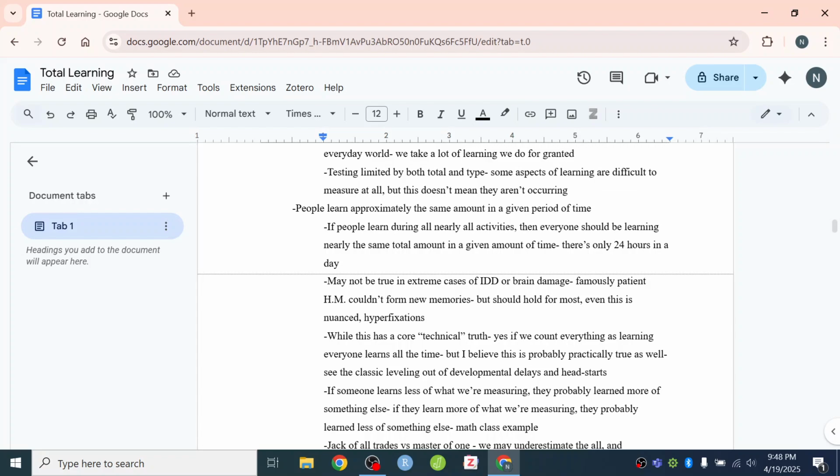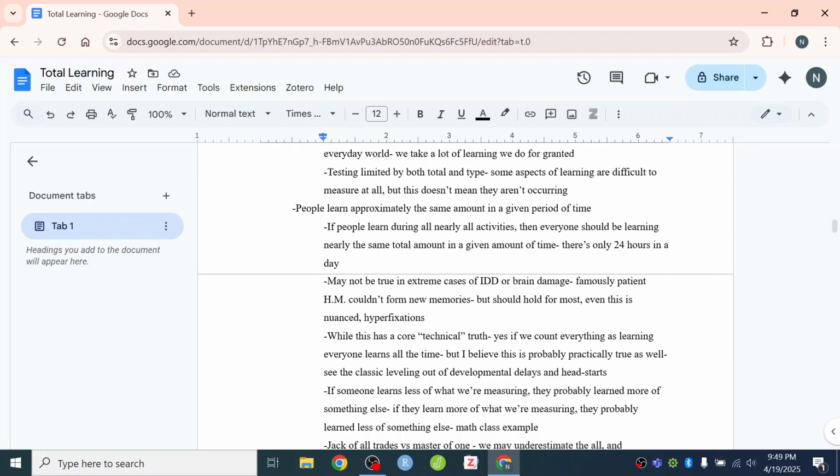Whereas there's another kid who puts a middling amount of time into the math class and gets a B, and puts a middling amount of time into the literature class and gets a B. They're learning more about literature than the other student. There's this kind of leveling out in the total learning sense, even though they're learning less about math.